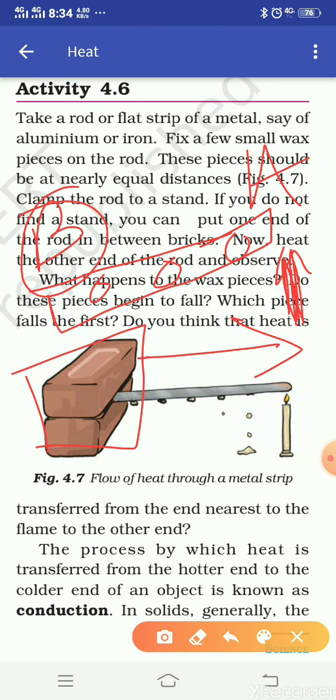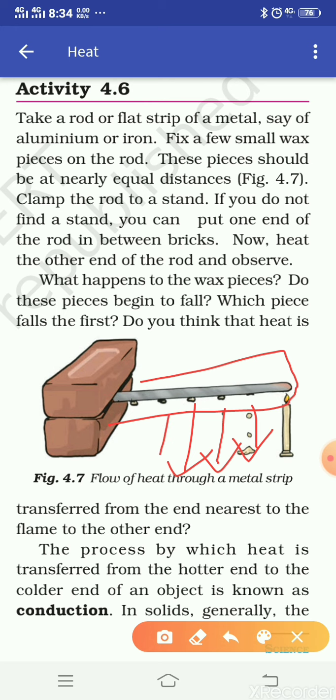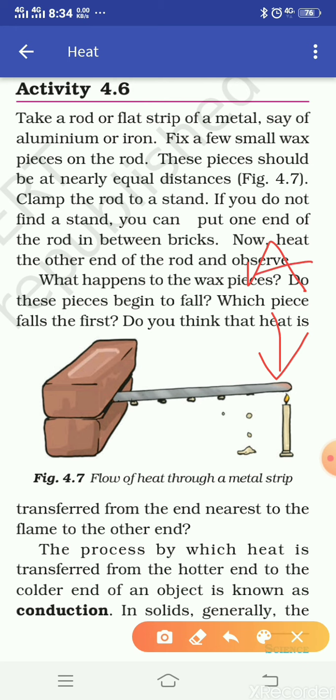After some time you will see that one by one the wax you have put on that aluminium rod or iron rod falls down, clear. What is the reason behind that? We are providing heat to A, and when it becomes hotter, it transfers heat to the other end, clear.